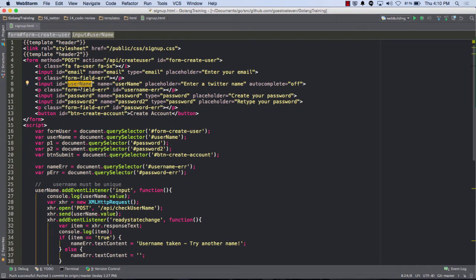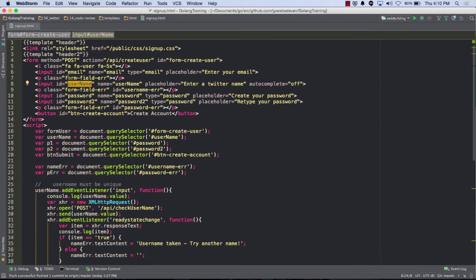So ID is I want to target this item by its ID through JavaScript. Name is like I'm naming a variable. What variable am I naming? I'm naming the variable the form is going to send on submission. So this is what I'll be accessing when I retrieve the variables from the form. And this is what I'm accessing when I'm trying to identify that node to programmatically target it. It makes sense, right? ID versus name, naming a variable, ID identifying something.